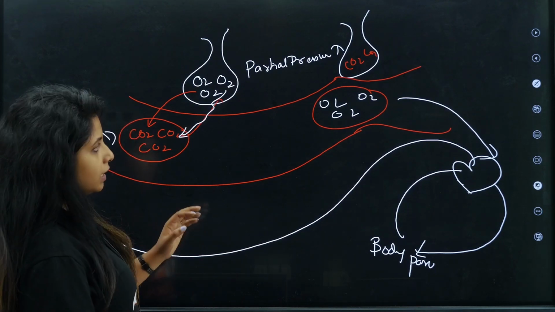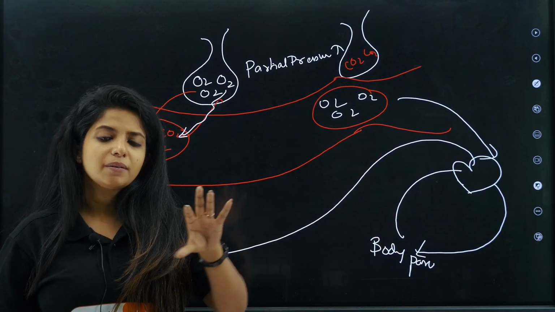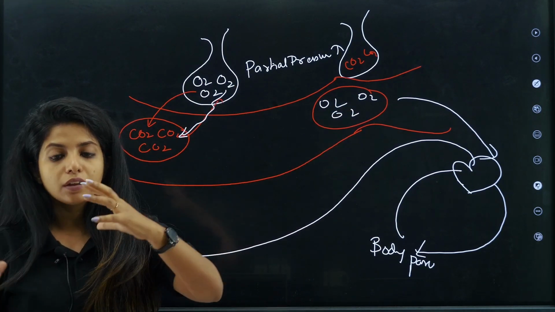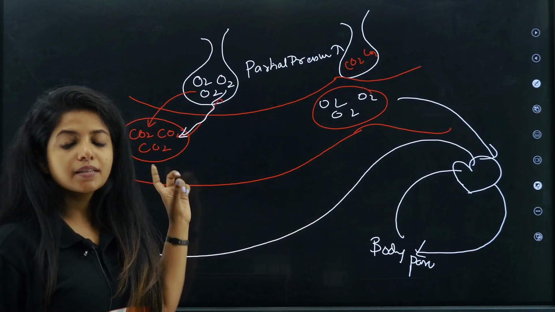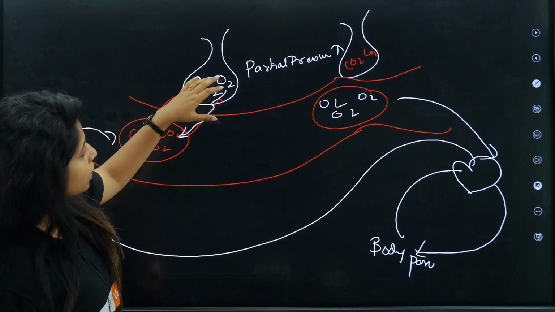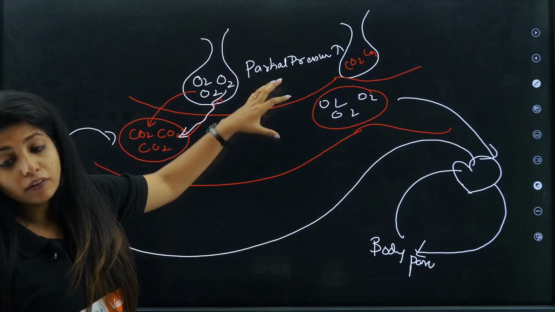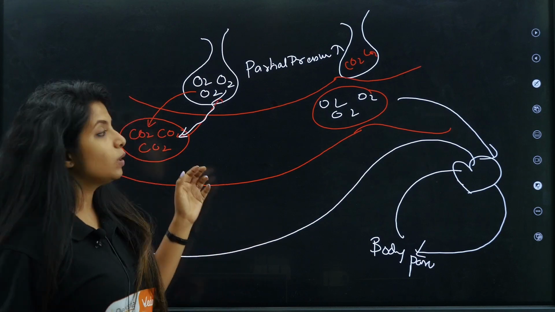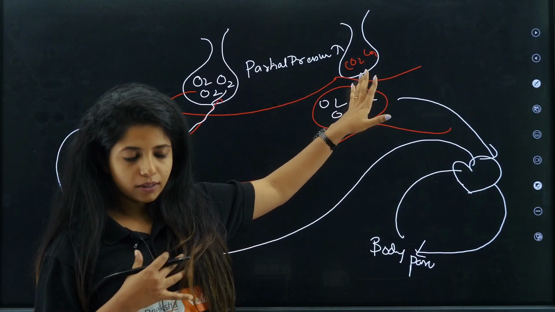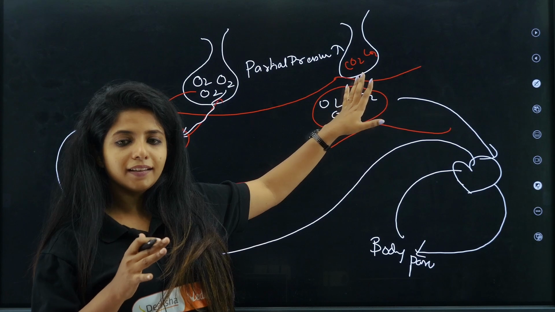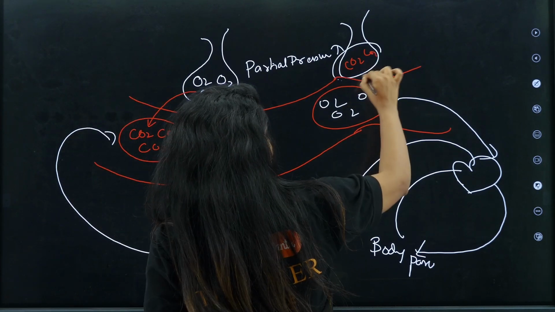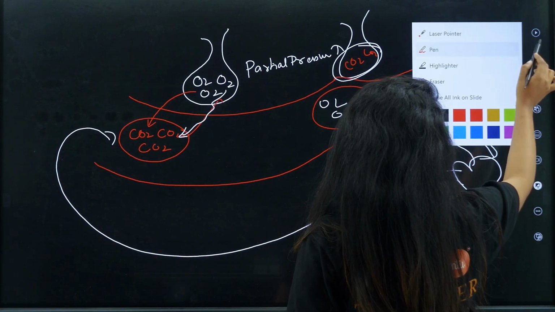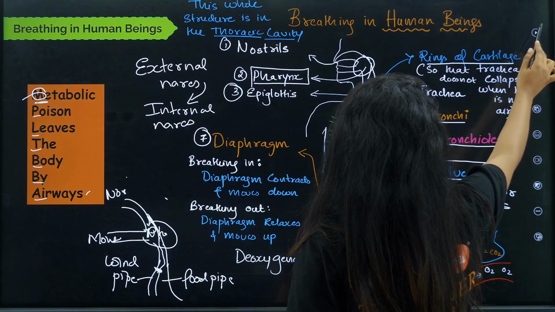Okay, so basically, if you're not able to imagine all this, just imagine that your cells are requiring oxygen. So whenever the blood cell gave them oxygen, they are giving back as a return gift carbon dioxide. This carbon dioxide has to move out, and when it comes in contact with the alveoli, which is having too much amount of oxygen, oxygen comes over here, carbon dioxide goes over there and things happen. Okay, that's how. Now when we breathe out, we are giving out, look, this is the carbon dioxide that I am giving outside. Okay, works? I hope you got it.